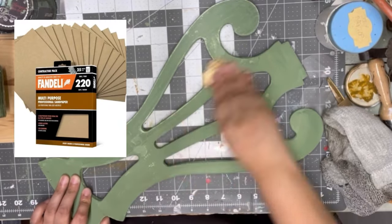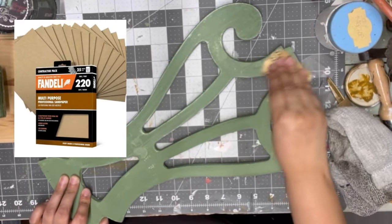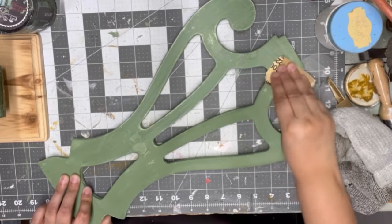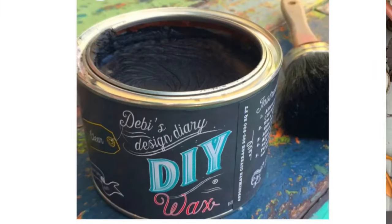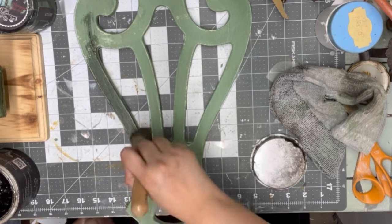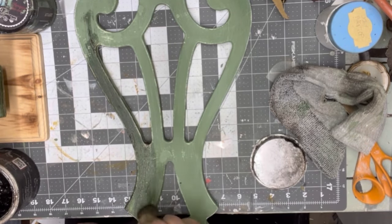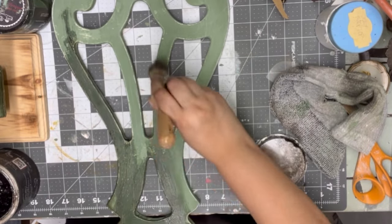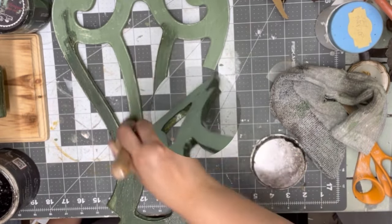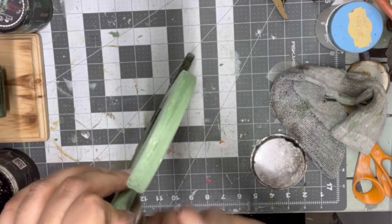So after the 2 coats, I come in with my 220 grit sandpaper, and I'm going to distress this piece up and come in with my DIY dark wax. Now, I don't know, you guys, how you're going to feel about this piece. It's coming in again, layering up the piece, trying to figure out what this piece wants to be, and it's